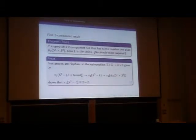Free groups are obvious. So we just think about the fundamental group. If we have a tunnel number 1 link, that means it's a link with the property that adding a single arc makes the complement a handle body. In other words, it has free fundamental group, rank 2. You can take here on the left, S3 minus L union the tunnel is a free group, Z star Z. Then there's an epimorphism onto pi 1 of S3 minus L just by forgetting about the tunnel, filling it back in. That adds a 2 handle, and therefore that's an epimorphism. And the assumption is that by doing surgery, which adds a little bit more in the way of relations, you get connected sum of 2 copies of S1 cross S2, which also has fundamental group Z star Z. So we have this epimorphism